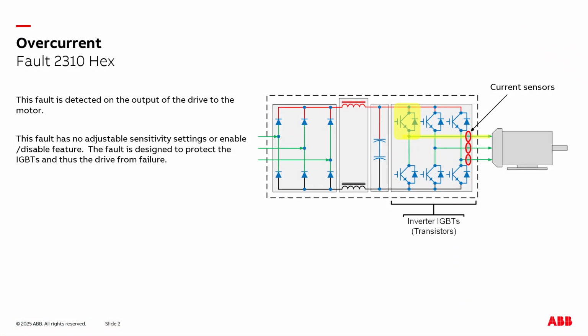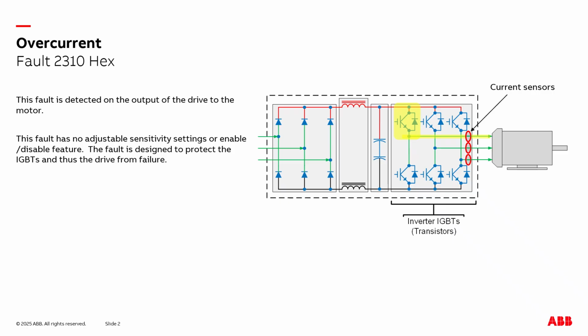To start out this presentation, let's discuss how the drive detects an overcurrent fault. In the image on the right of a variable frequency drive and a motor, you can see three red circles around each of the three output phases of the drive. These three red circles represent individual current sensors that are installed in the drive. When the drive detects a peak current that exceeds a fixed threshold, the drive immediately trips out an overcurrent